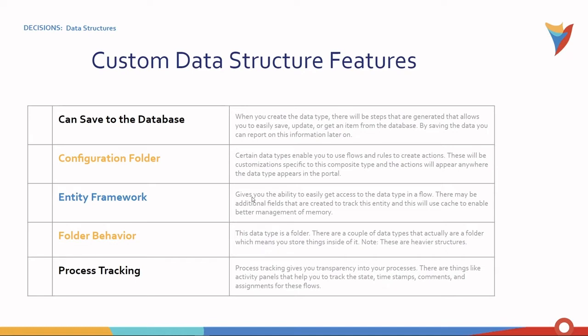So this is going to be a feature on a small subset of our different structures, and these will be customization specific to this composite type, and the actions will appear anywhere the data type appears in the portal. The Entity Framework gives you the ability to easily get access to the data type in a flow. There may be additional fields that are created to track this entity, and this will use cache to enable better